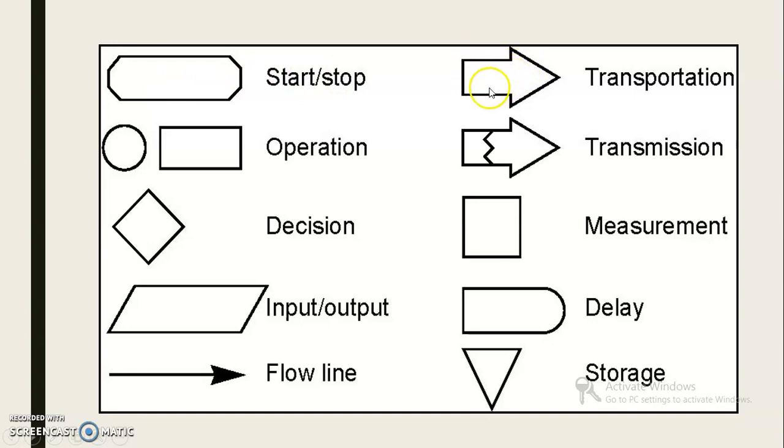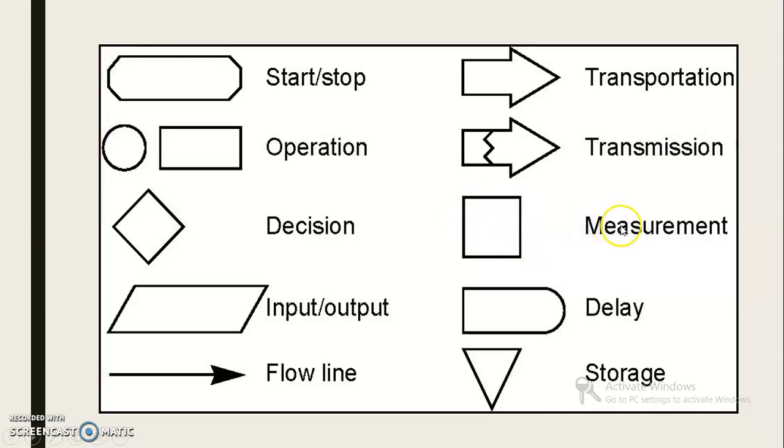Then this is for the movement of material, which is nothing but transportation. This symbol represents operation, particularly the rectangular one. This is the electrical term transmission, it is power transmission. So this diamond shape is for the decision, whether the process is correct or not correct. So we have to check, we have to inspect, so that is a decision. So it is part of quality control.